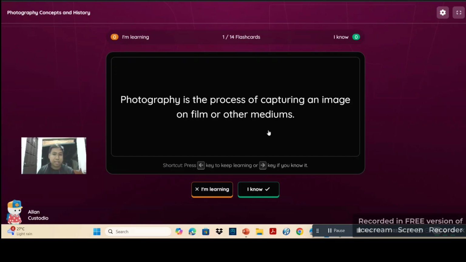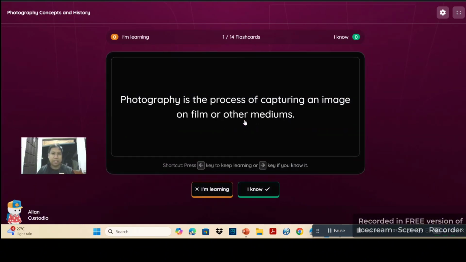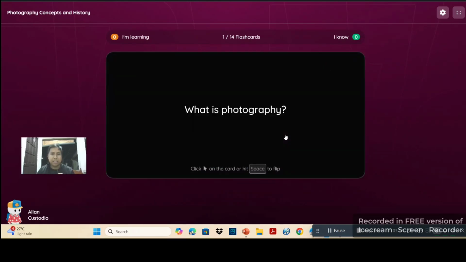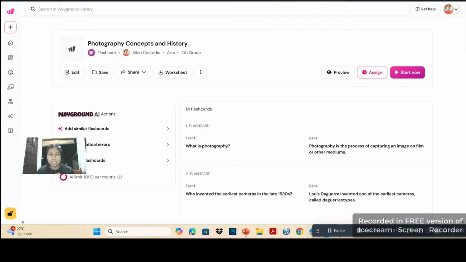It is very catchy. So, what is photography? Photography is the process of capturing images on film or other mediums. It is very engaging. I will close this one and let's go back.